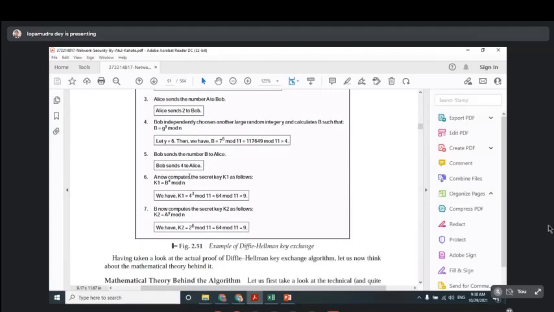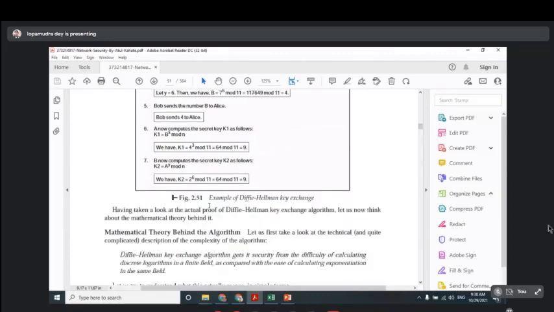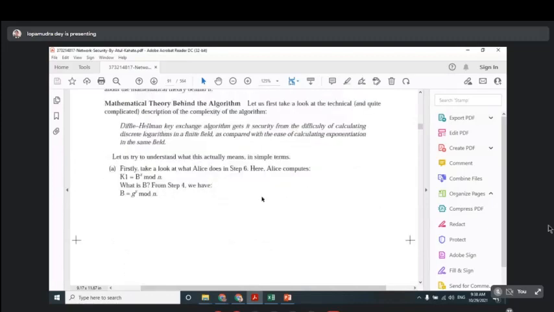It was developed in 1976 probably. From that time, the Diffie-Hellman key exchange algorithm has been used for generating a symmetric key at both sides. The same algorithm program will be executed on both the sender and receiver side, and in that way they can generate the key without sending the actual symmetric key between sender and receiver. This is very important.